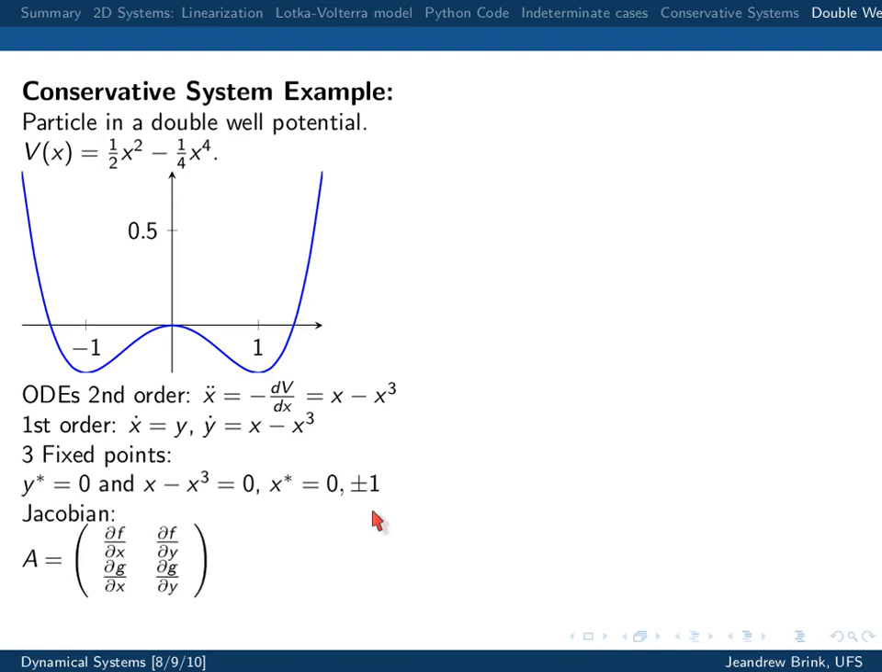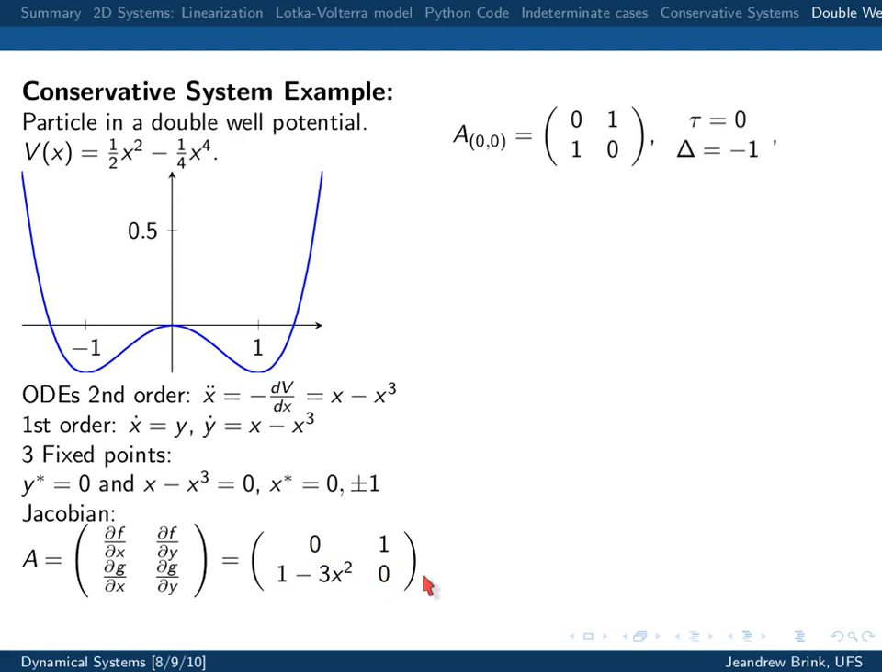We can go on, we work out the Jacobian. It simply equals this. So you already get a clue that you're going to be dealing with zero trace things. So you know you're in an indeterminate case. And so you can actually work it out at all the spots. So at the origin, the trace is just 0 and the determinant is minus 1, so you have a saddle. At plus minus 1, you have the same